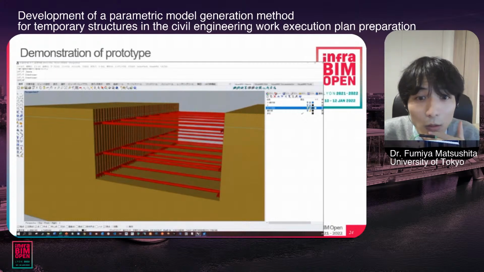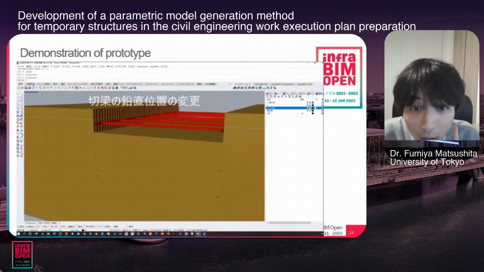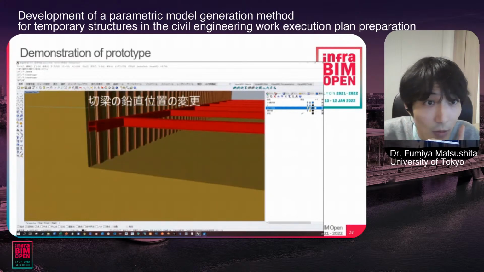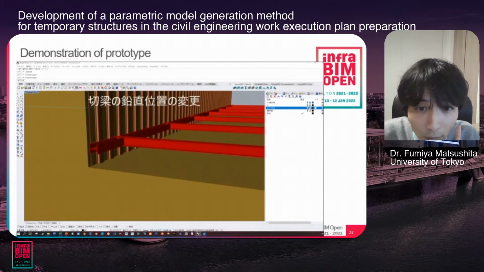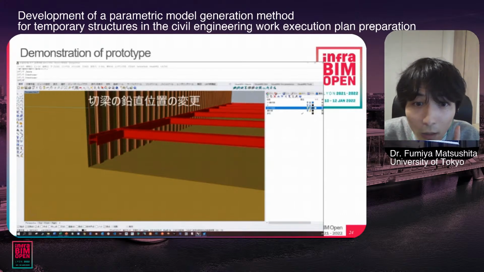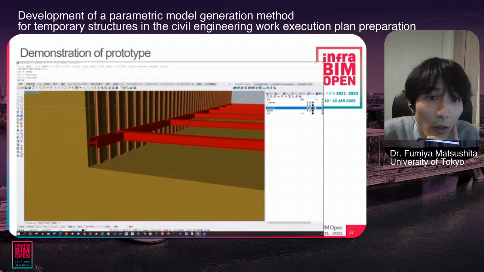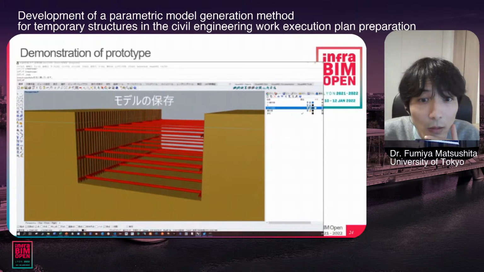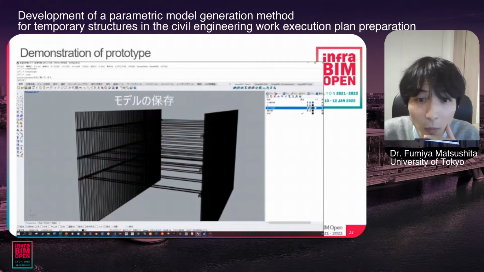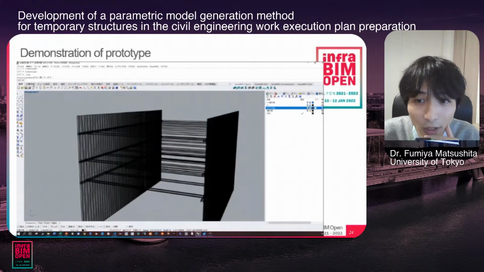Here I show the vertical position can be changed. And save the model once all the parameters have been determined according to the construction plan.